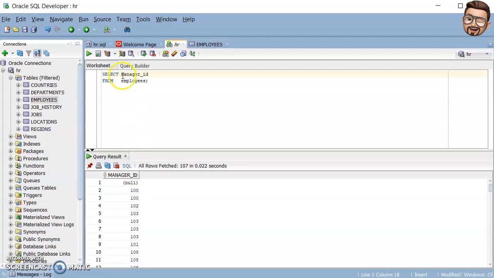But what if I want to know how many unique managers are inside this company? If I select distinct manager ID, I can see there are only, not including the null, 18 different managers inside this company. So if I want to know the number, straight away we can count distinct manager ID from employees. Then we will know there are 18